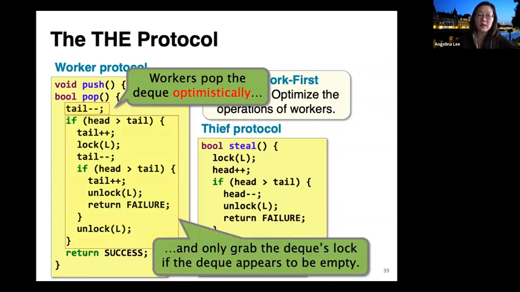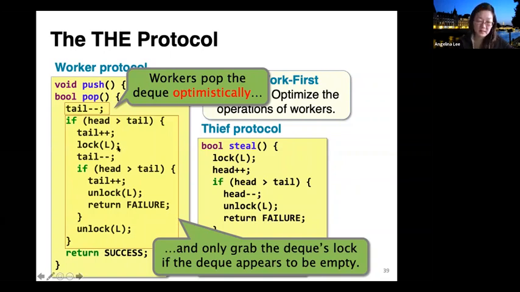And then once we decrement the tail, meaning we try to pop, we check to see, hey, am I in danger of having my tail and head cross? Meaning, am I potentially going after the same last frame as the thief? And if that's the case, which is if this if statement is successful, then I will put back my tail, and then I will attempt to grab the lock, okay? If it appears that my deck is about to become empty.